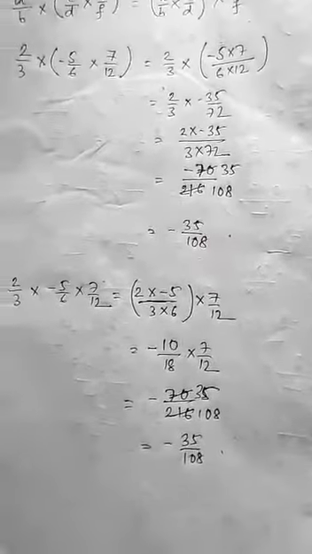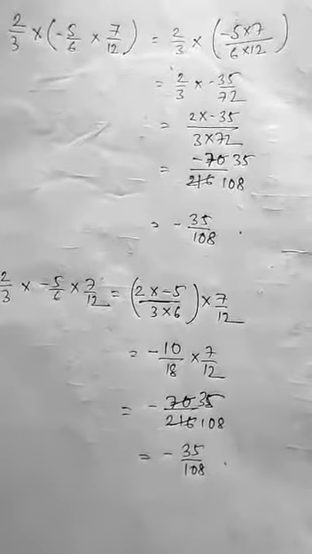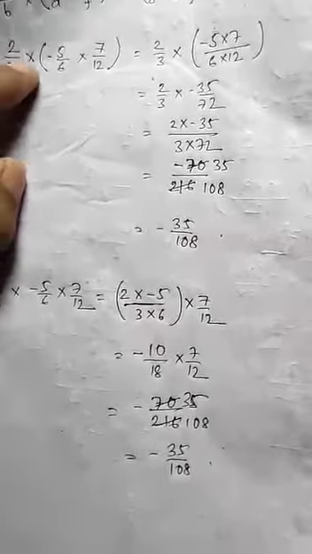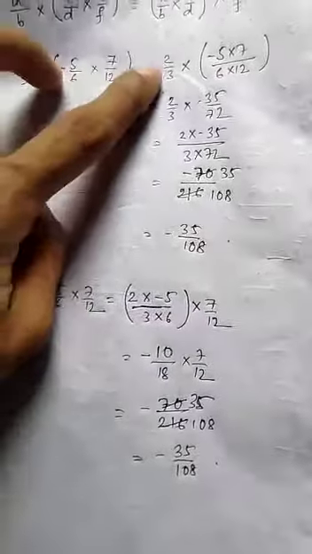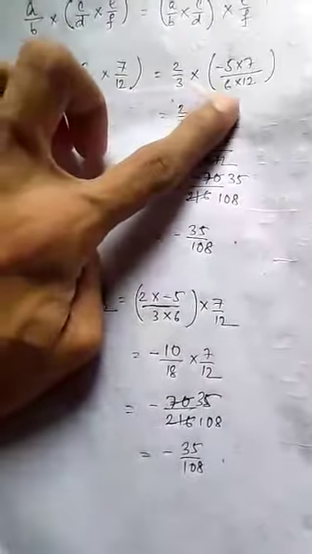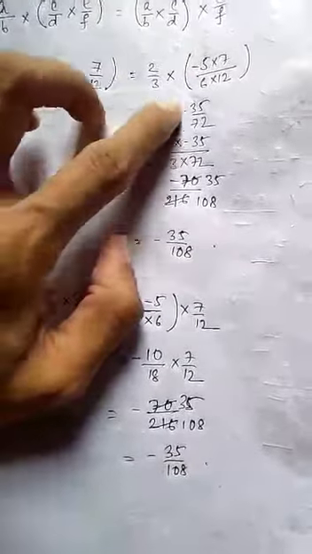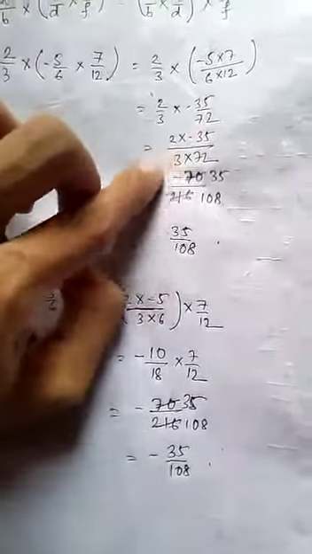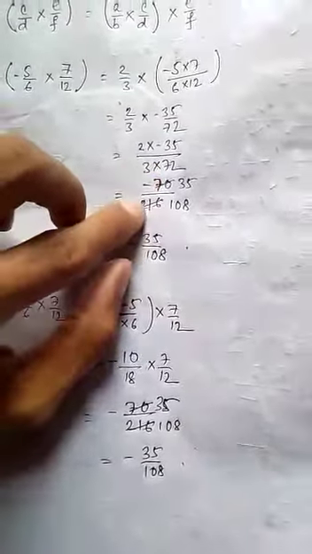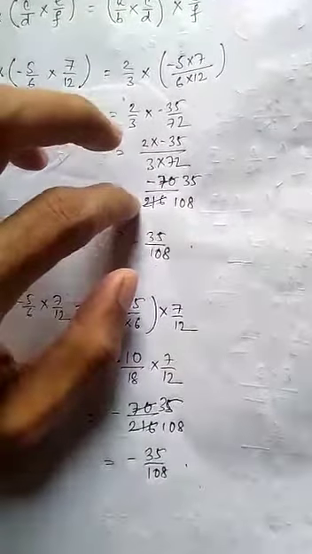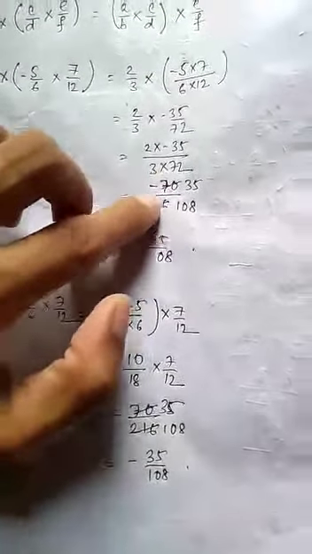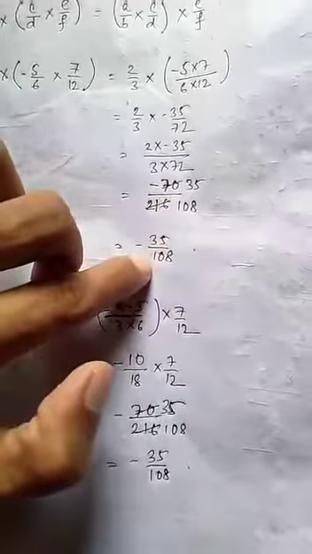Now if we consider 2 by 3, minus 5 by 6 and 7 by 12 are three rational numbers, then in the first case 2 by 3 into minus 5 by 6 into 7 by 12 in the first bracket will give 2 by 3 into, we know that in case of multiplication it is the product of the numerators by the product of the denominators. So 2 by 3 into minus 35 by 72, so the result will be minus 70 by 216. Both 70 and 216 have the common divisor 2. So if we divide these two numbers by 2, then we will have minus 35 by 108 as the answer.